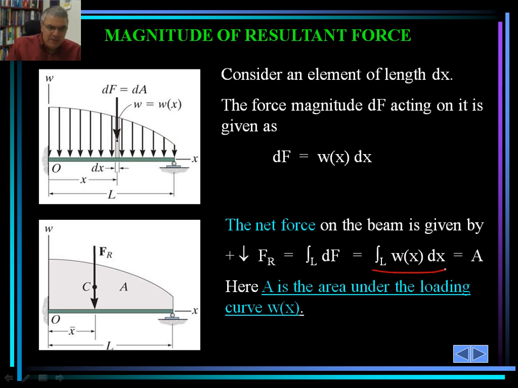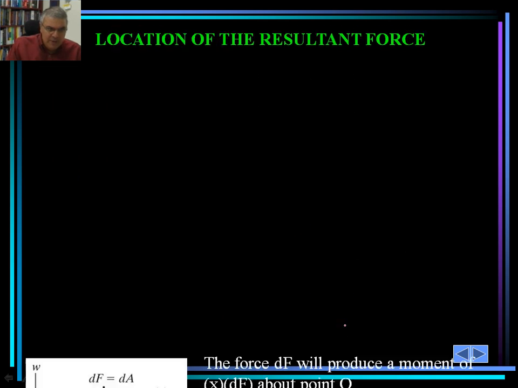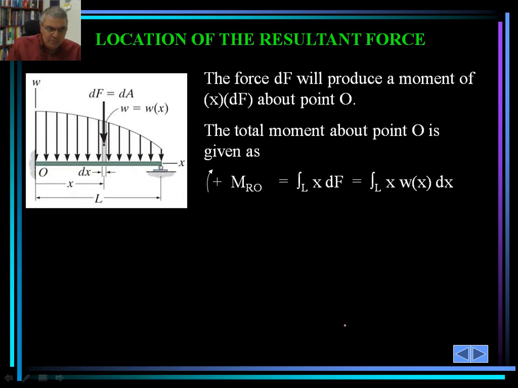Again, don't be scared of that. Just we integrate that over that entire length of x. The small d sub x is the very small element of length d sub x, and A is the area under the loading curve W sub x. Okay, so